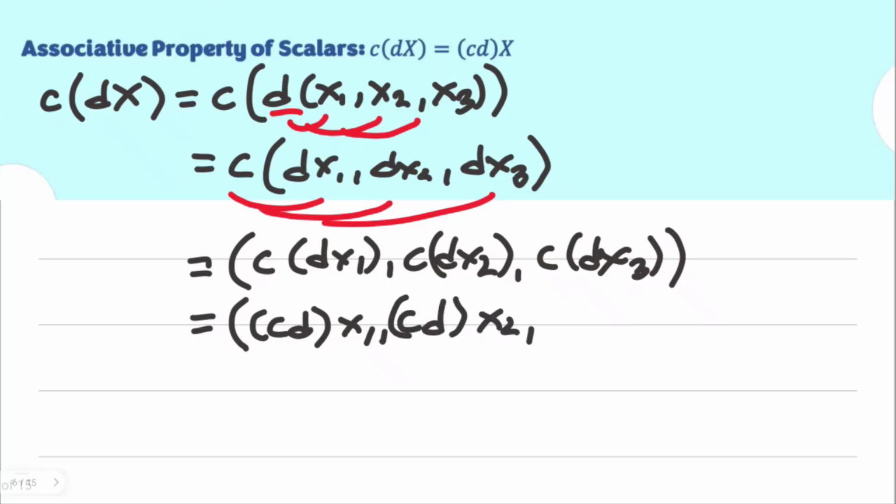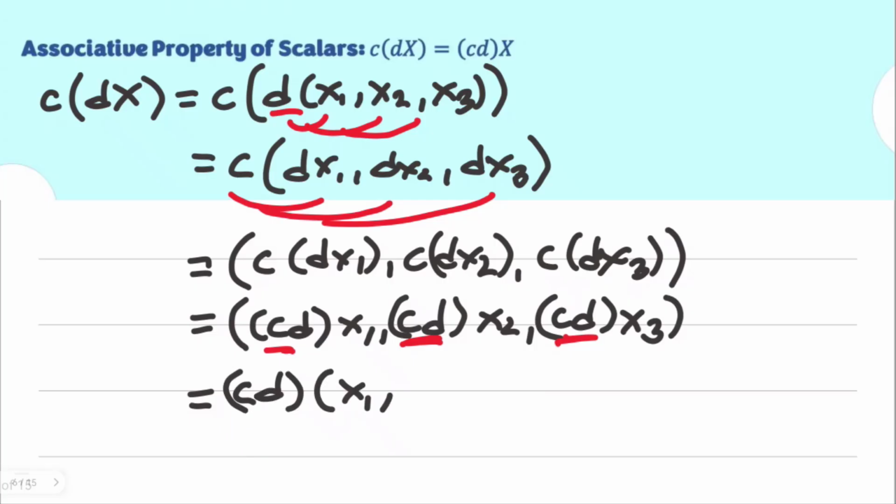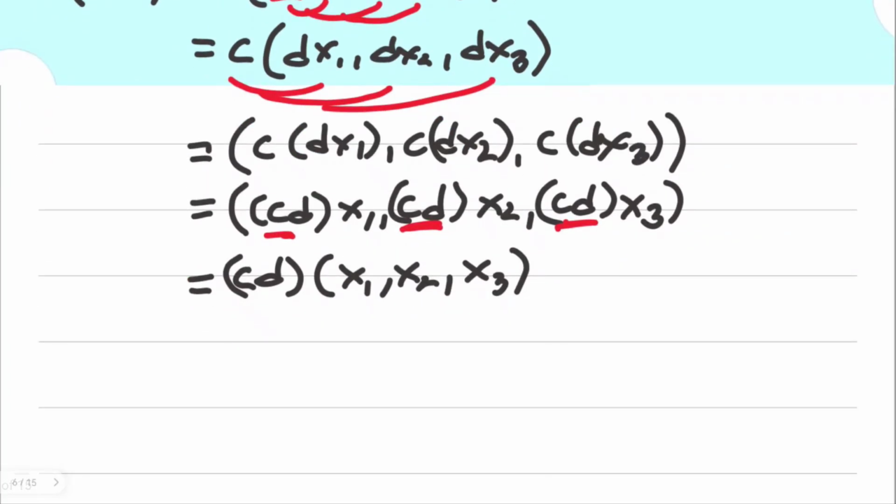I mean, real numbers. We have scalars c and d and components x sub 1, x sub 2, and x sub 3 being real numbers as well. So once we are done grouping them, we know that these are all similar. We can take them out. Therefore, you will have the final form here, the product of c and d times x sub 1, x sub 2, and x sub 3. I mean, that's the second to the last form, because the final form should be c times d times this, which is actually your vector x already.